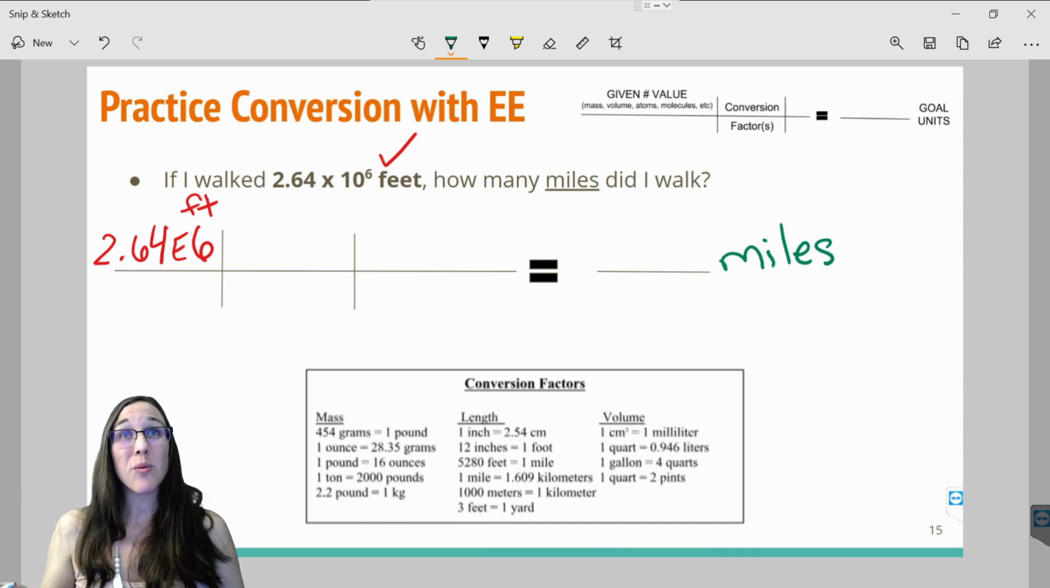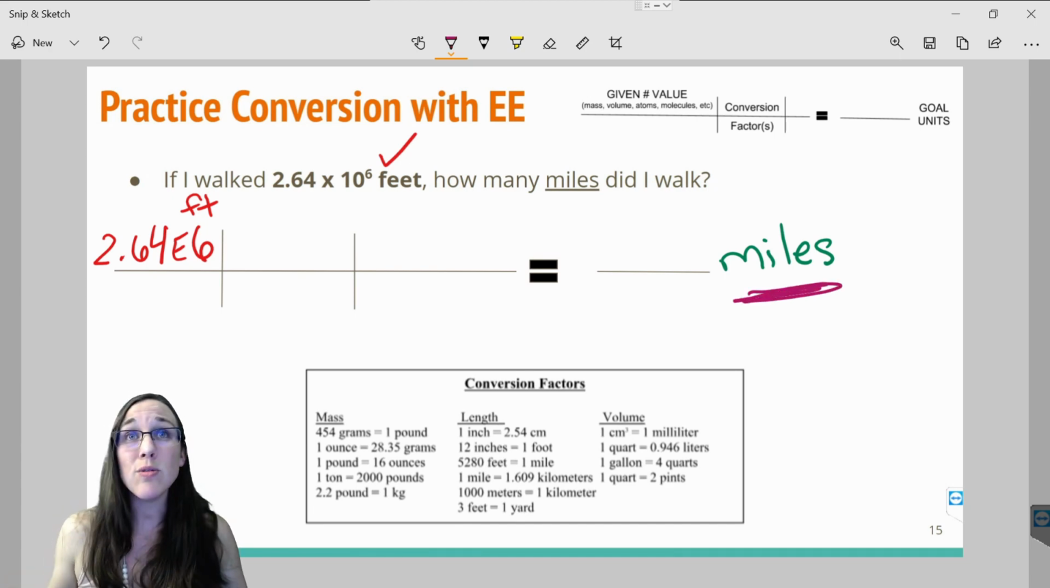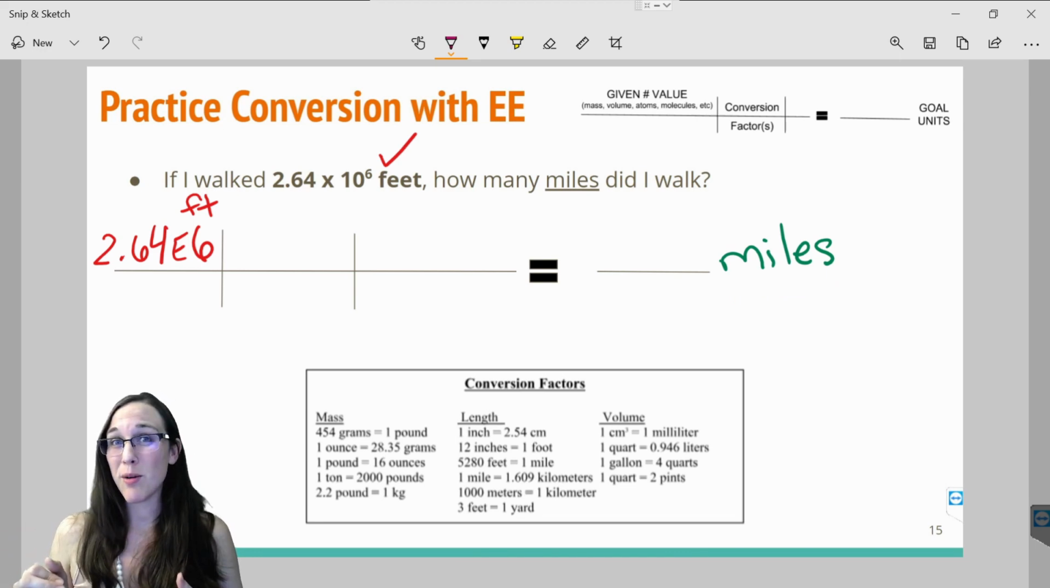Because if we don't know where we're going, we don't know what to look for in the conversion factors. If you don't have units at the end, you don't know where you're going. Don't skip this step. It's crucial to solving math problems. The next thing we need to do is figure out what domino piece is going to get us from feet